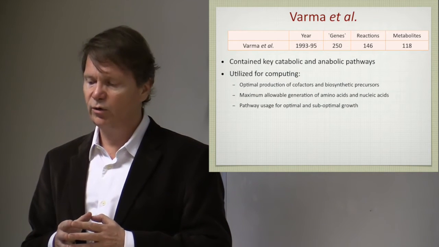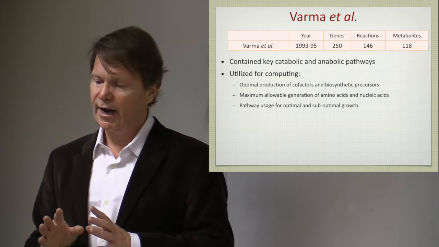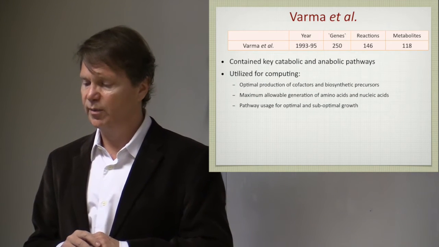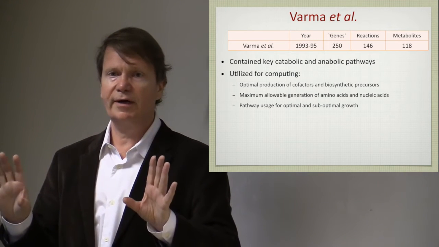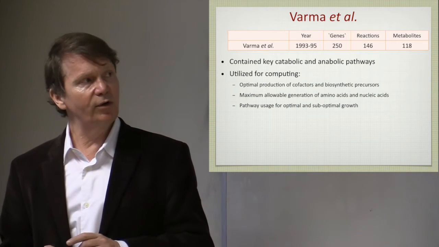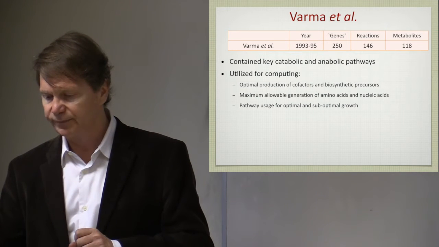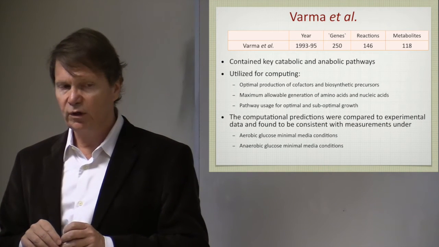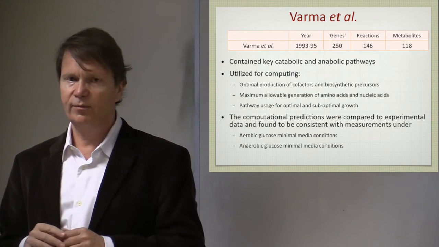Being able to calculate theoretical yields of potential products like amino acids from reconstructions has been extensively used, because often companies in the industrial biotech space make decisions based on how much yield they can get from the substrate, because that's the primary cost driver in the product in the end. So that proved to be quite interesting. And you could also calculate basic pathway usage for optimal and suboptimal growth of E. coli. We can talk more about that in a moment. But then what could be done here with a relatively simple model that just computed the overall growth and metabolic characteristics,